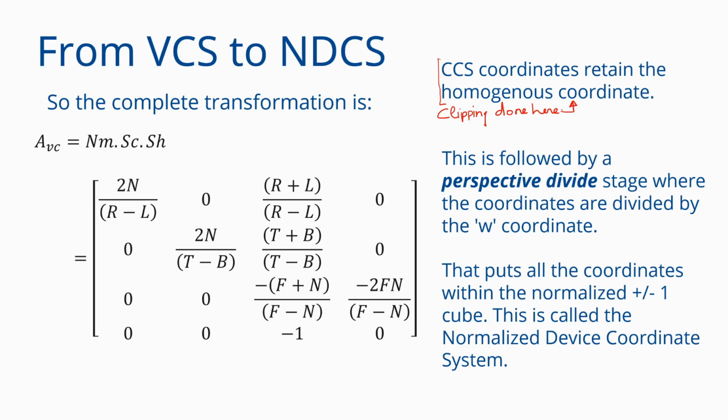So you have landed in a cube in homogeneous coordinates. You want to do your view frustum clipping in the CCS coordinate system. And you already know how to do clipping with a cube. Remember the 3D form of the Cohen-Sutherland algorithm. So this is one of the advantages of being in a cube. You get to use our nice Cohen-Sutherland algorithm to do your clipping. And we all know that that can be implemented very efficiently.